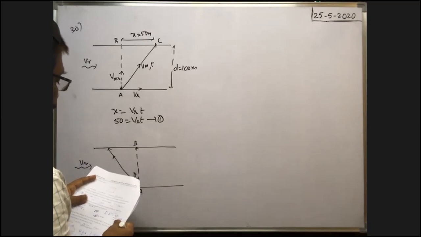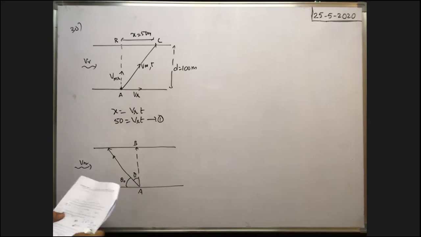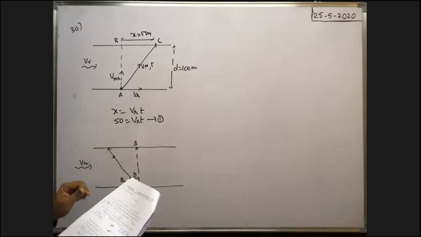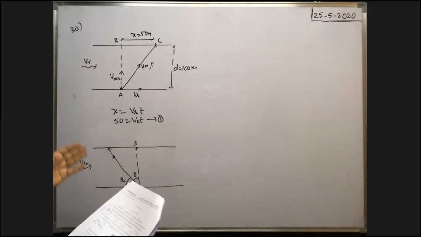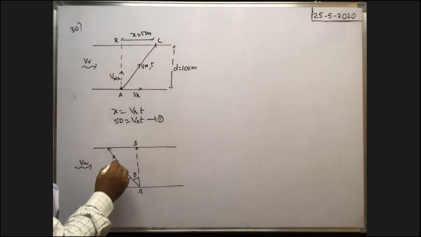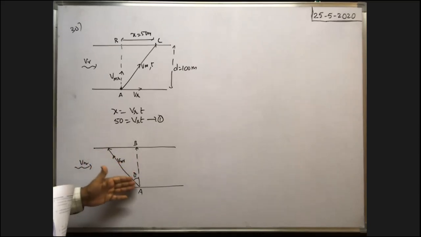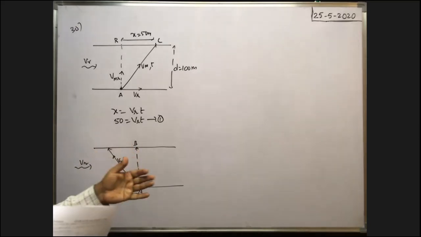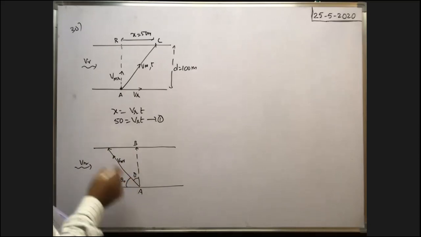So the angle of the bank at which, okay, this angle they asked. Suppose this is theta, then this angle they asked is theta naught. So the angle of the bank means the angle made by this person with the bank. In which direction does he have to swim to reach the directly opposite point B on the other bank? So the velocity of the man with respect to the river is upstream. Then only there is a possibility to reach the exact opposite point on the other bank. Already we discussed that one. Okay, so upstream. Here, if you find this theta naught, we know.